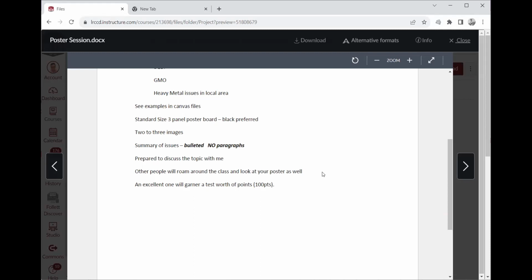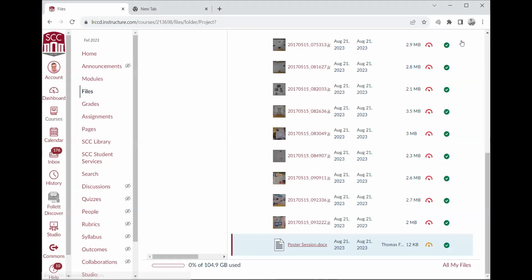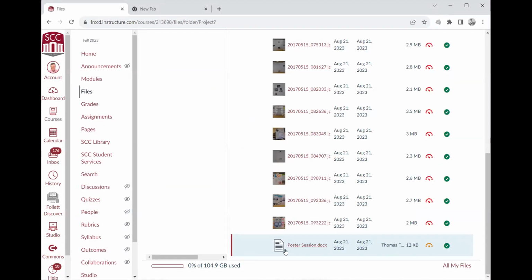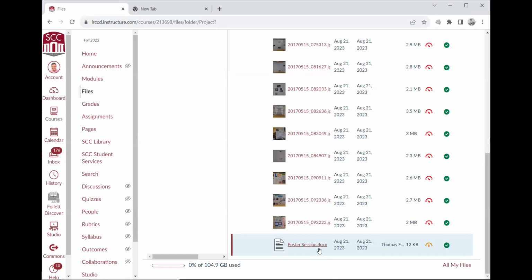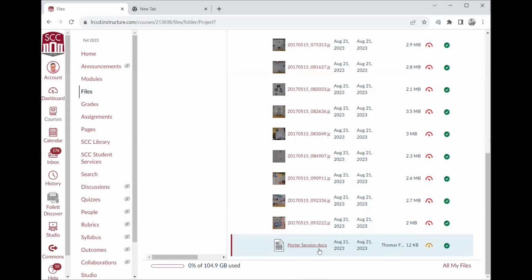it's basically worth a test. So also I updated the lecture lab schedule, and I also updated the syllabus regarding test 3. So what I'll do is I will update this poster session document a little more. And